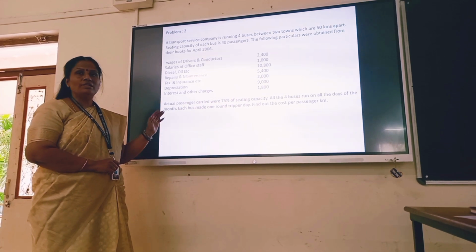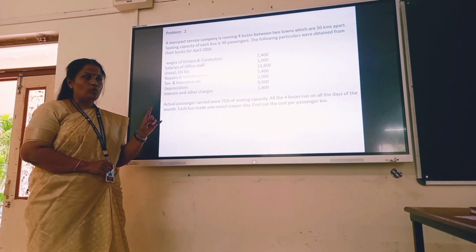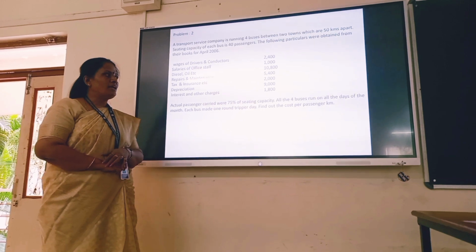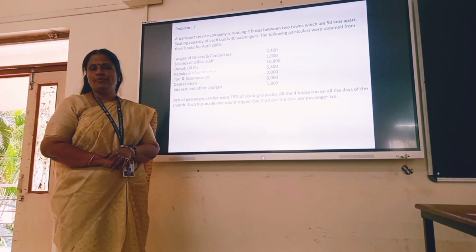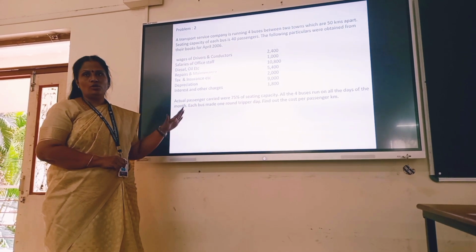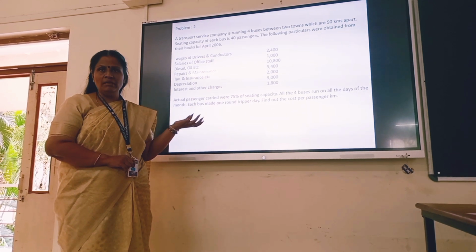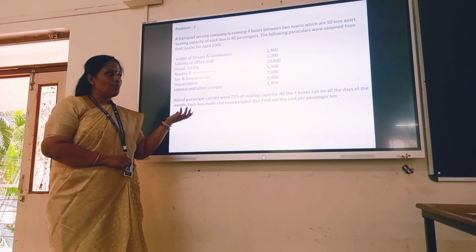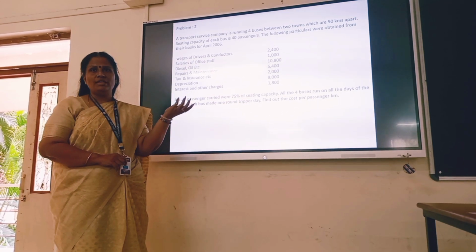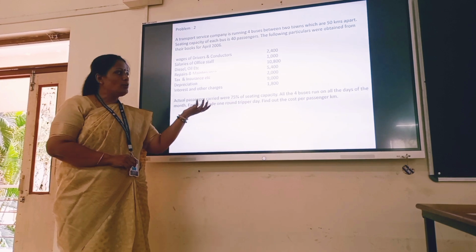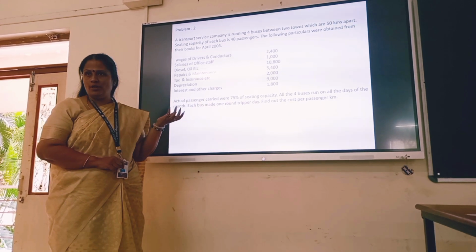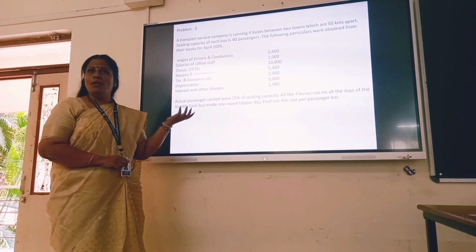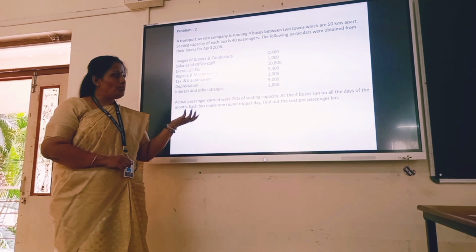of the month. So it is 1 month calculation we require. Each bus made 1 round trip per day. Find out the cost per passenger kilometer. In our previous lecture also we explained what is simple cost unit and composite cost unit. Here we are supposed to find out simple cost unit is per total kilometer and composite cost unit is passenger kilometer. So for solving the operating costing, we need to find out composite cost unit.